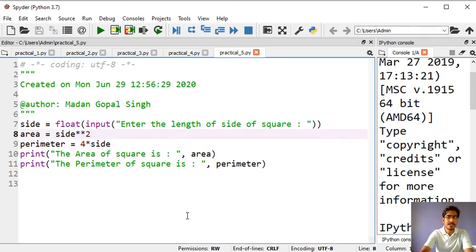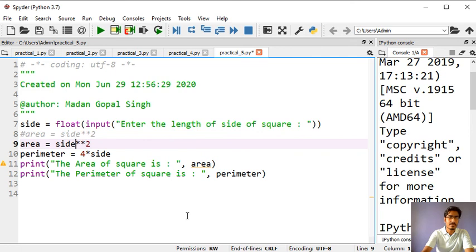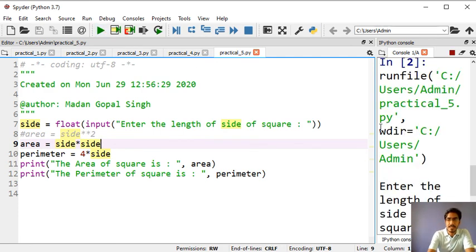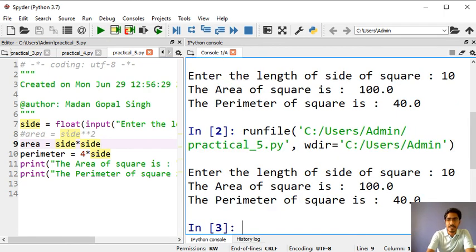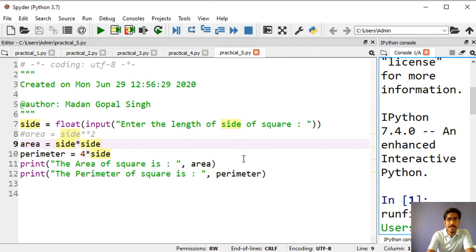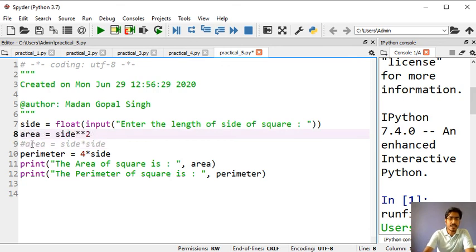I am just commenting this. You can also write side star side, that is also equivalent to side square, so this will also result in the same thing. You enter the 10, it will result 100. So this is how you can apply both the formulas as per your requirement. Okay, so note it down, any formula you can use.